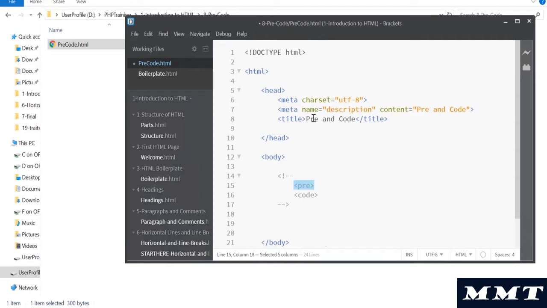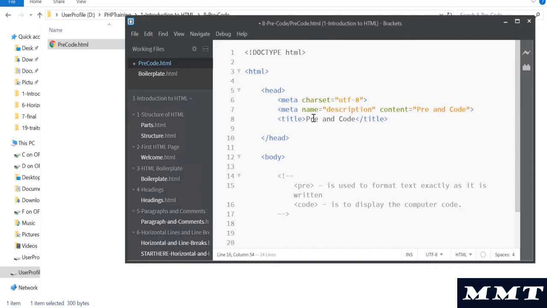The pre tag basically is used to format the text exactly as it is written. Okay, so let me type that: is used to format text exactly as it is written. Whatever is written right here, with spaces, with new lines, is exactly printed in the output. The code tag is to display computer code.